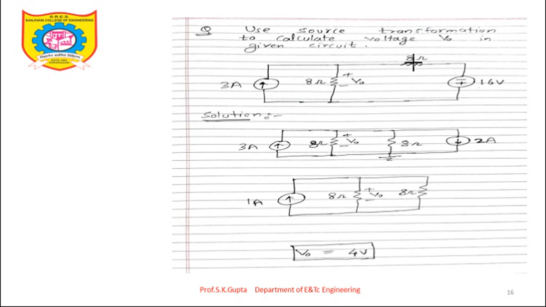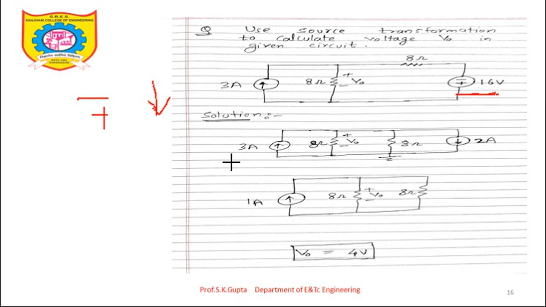So this 8 ohm will come in parallel. This 8 ohm has come in parallel, and the value of the current source. Current source value is voltage upon resistance. Voltage is 16. 16 upon 8, 2 ampere. Now see the polarity. Voltage polarity is minus plus. That's why current polarity is downward. So 2 ampere current in the downward direction.